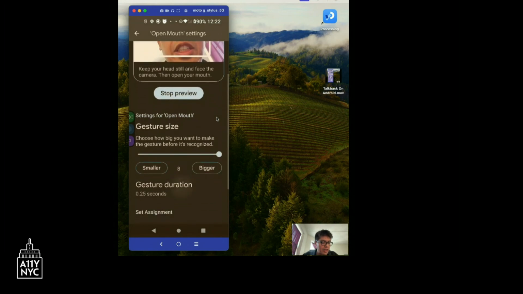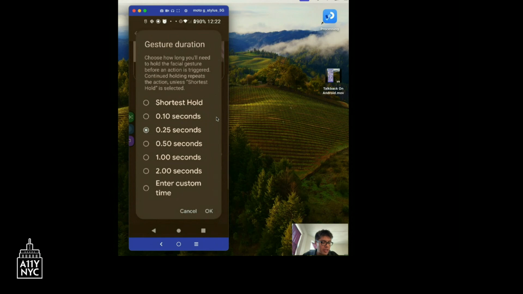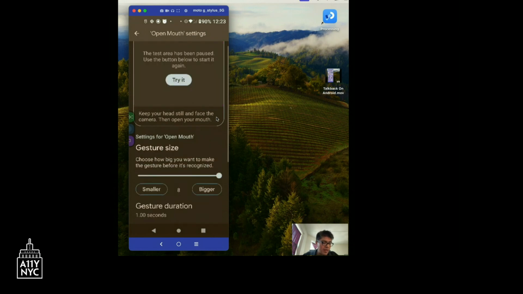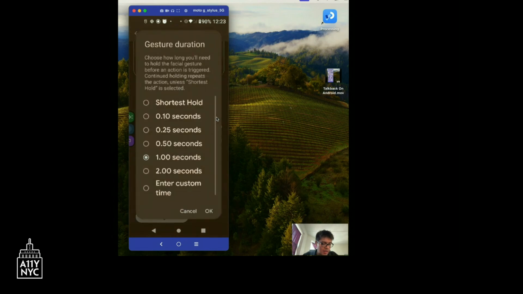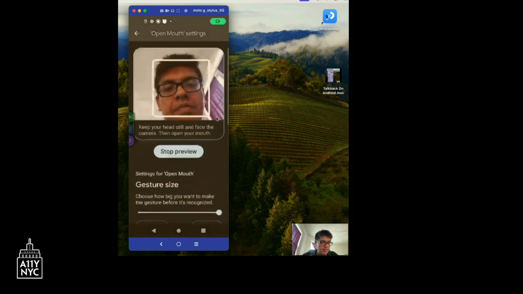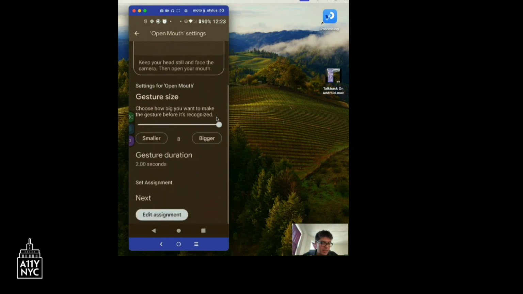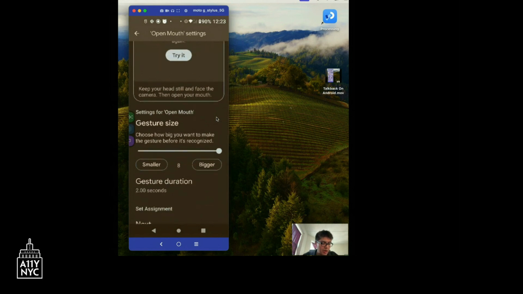Okay? And then the gesture duration is important, because if I want the gesture to last long enough in order to be tracked as a gesture, in case I speak rapidly and want to indicate that a gesture is associated with a very deliberate mouth motion, I will go and make it 1 second. Okay, and I can even make it longer. I can make it 2 seconds. Okay, so this helps you do a little more.